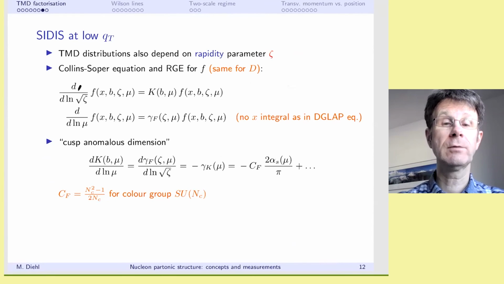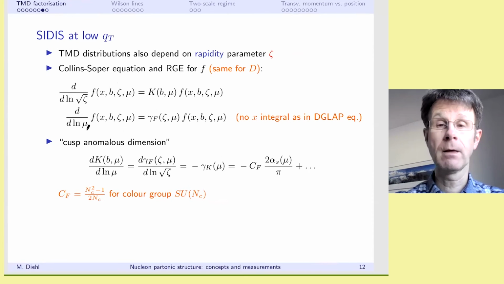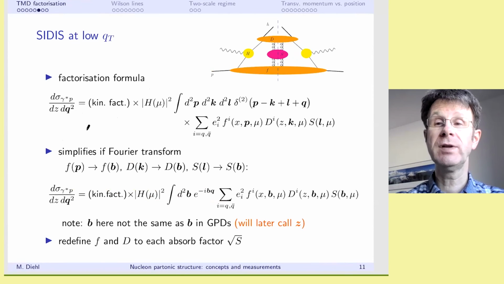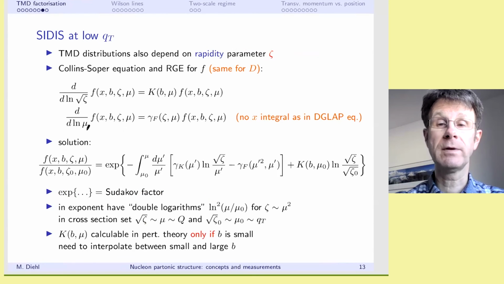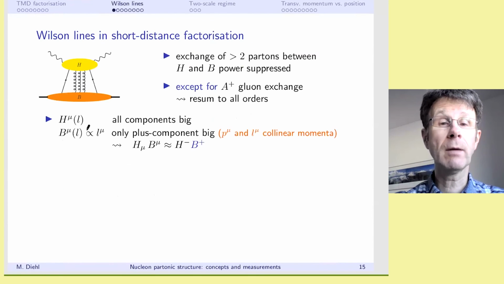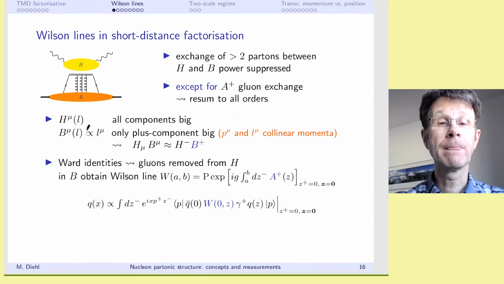So I motivated to some extent that there is a rapidity dependence here and an associated evolution equation. So how does this evolution equation for the renormalization scale appear? Especially since I told you there is no DGLAP equation for the TMDs. The reason is, now I'm trying to look for a suitable graph. If you look at this type of factor here, because this is what pictorially is your TMD, if you think there is a final state cut somewhere here, and you're not allowed to have any large momentum going across the final state cut,